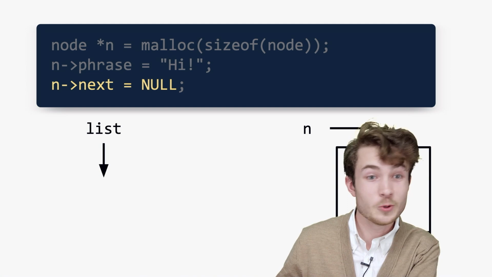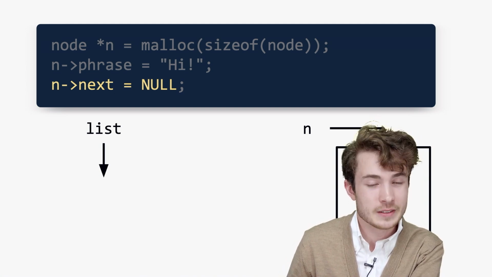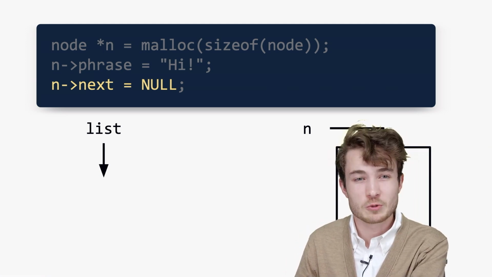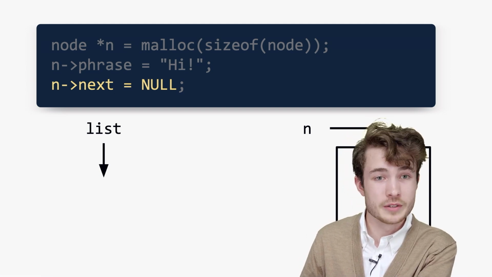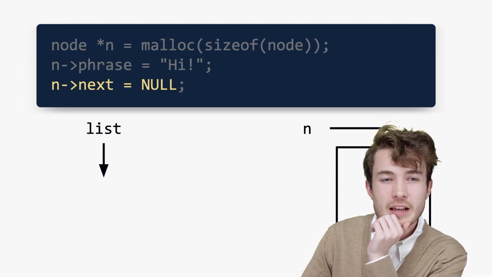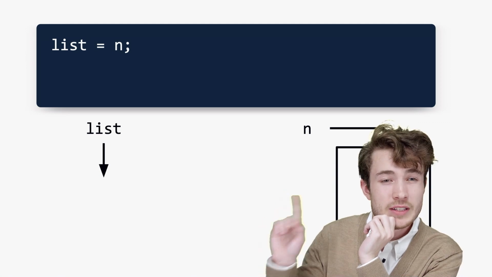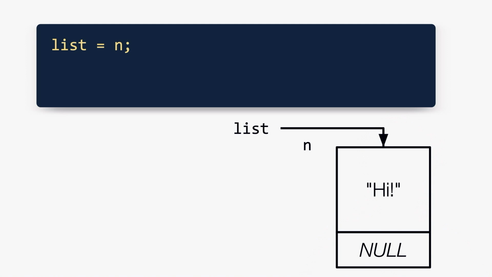So I'm seeing two competing opinions here. One opinion is that we should say list equals n, which would be list gets the value n. And I'm seeing n equals list, or n gets the value list. Which one do we think might work here? Let's try one. Let's say first that list would get the value n. So list equals n. Let's execute it. And now we'll see, OK, well, list and n point to the same thing, because n is a pointer and list is a pointer. If we set list equal to n, they'll both point to the very same thing, which is our very first